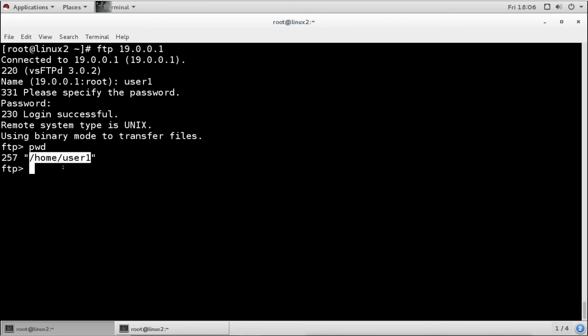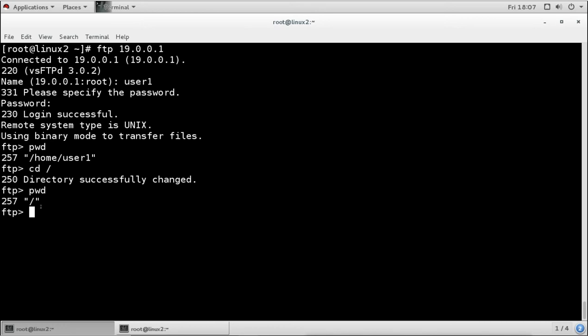Now what is the problem of having a chroot environment and not having a chroot environment? Remember, this is the normal user. The user can cd to change successfully. Now what can it do? It can check pwd now.